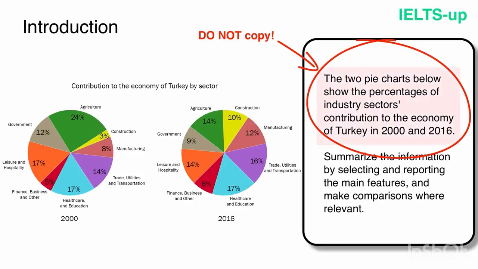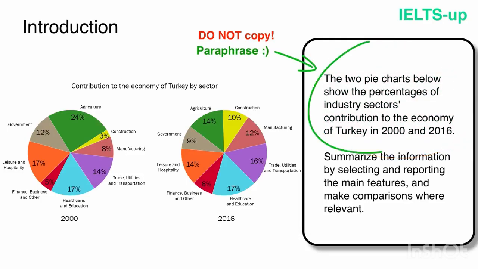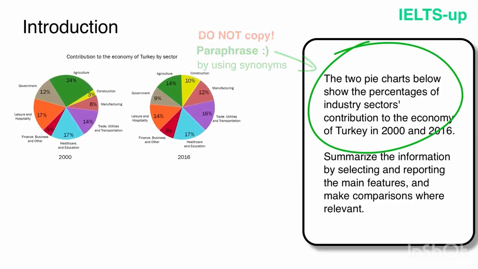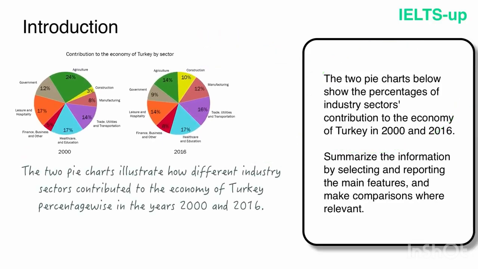Instead of writing, the 2 pie charts below show the percentages of industry sector's contribution to the economy of Turkey in 2000 and 2016, we should write a paraphrased version of this sentence by using synonyms. And here is how I wrote it. The 2 pie charts illustrate how different industry sectors contributed to the economy of Turkey percentage-wise in the years 2000 and 2016. You can notice that I did not change the name of the chart, and you also should never